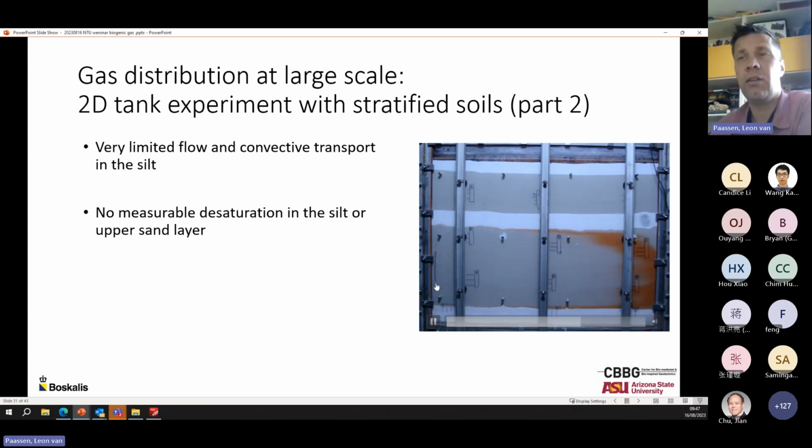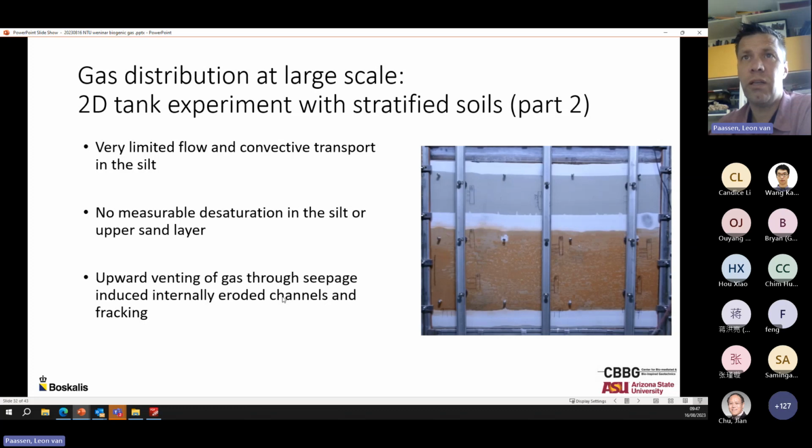So here the ratio of permeabilities between silt and sand is much higher. Therefore there's much more confinement of the liquid during the injection. If you then look later in the experiment, when we have gas formed, and this is actually a second flush,